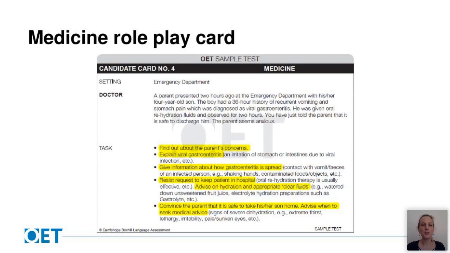So we're going to go through the tasks one by one and look at some examples from the different role plays I recorded to see where there were some strengths and weaknesses among the different doctors. A few of the doctors were more successful than others in making use of the background information to start the role play. It's clear from the card, as I've just mentioned, that the role play is part of a continuing conversation with this parent. The background information says, "You have just told the parent it is safe to discharge him." Let's look at some of the less successful examples first.